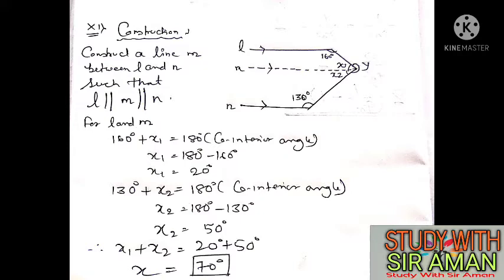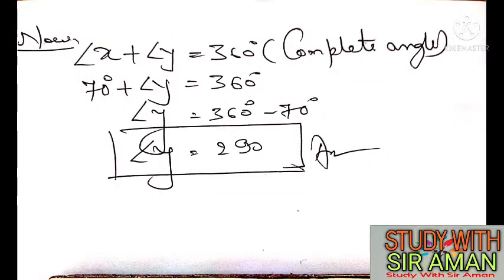Clear? Now check total X and Y. Now you see. Now check figure and you see in the figure we need two angles, X and Y. X answer is already coming. Now Y. If you plus X and Y in the figure, you check. If you plus X and Y, what will come? 360. Why 360? Because they make complete angle. And the value of X is given 70. So 70 plus angle Y is equal to 360. Therefore angle Y is equal to 360 minus 70. Therefore angle Y is equal to 290 degree.